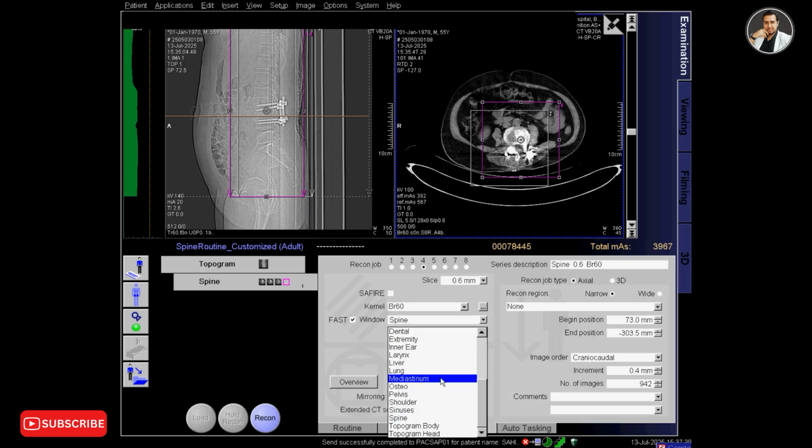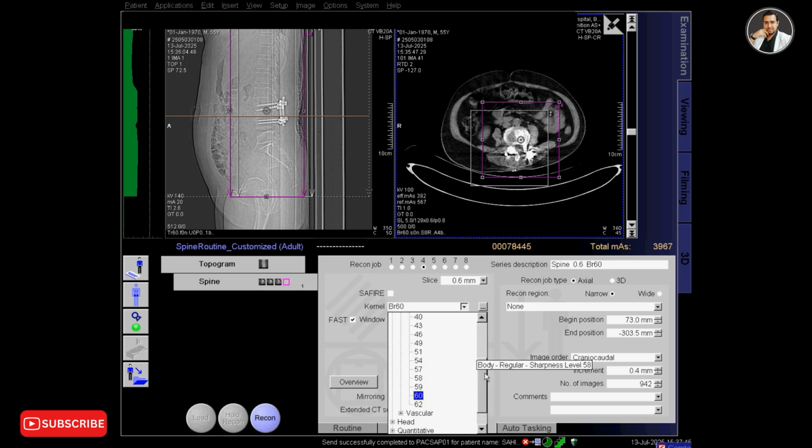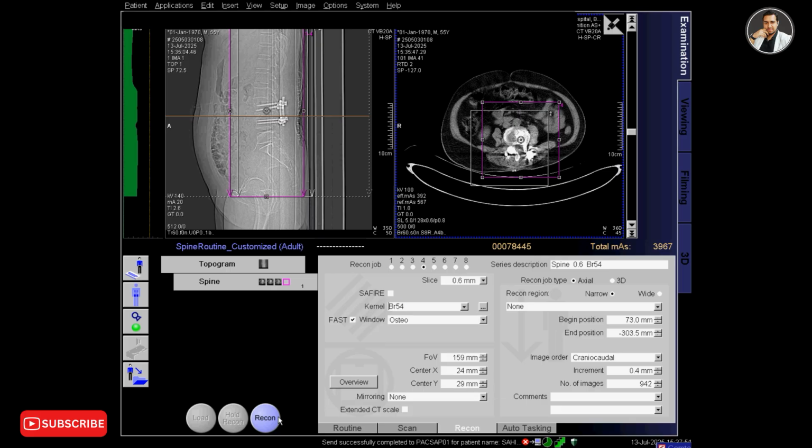As the BR is low, the image becomes softer, but a high BR gives you a sharper and noisy image. So I reduce the BR to, I think, 54, and reconstruction.